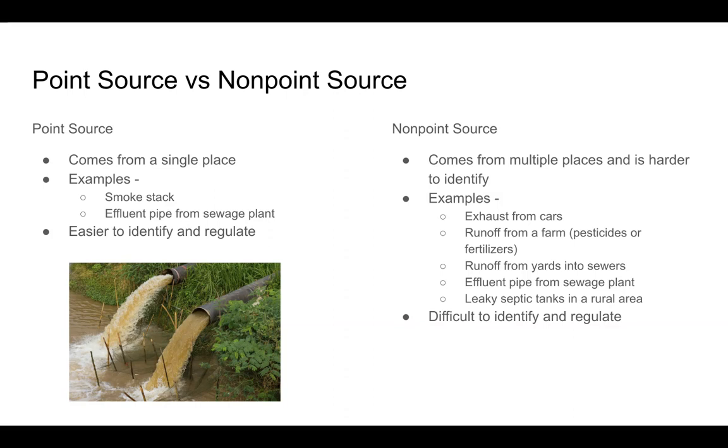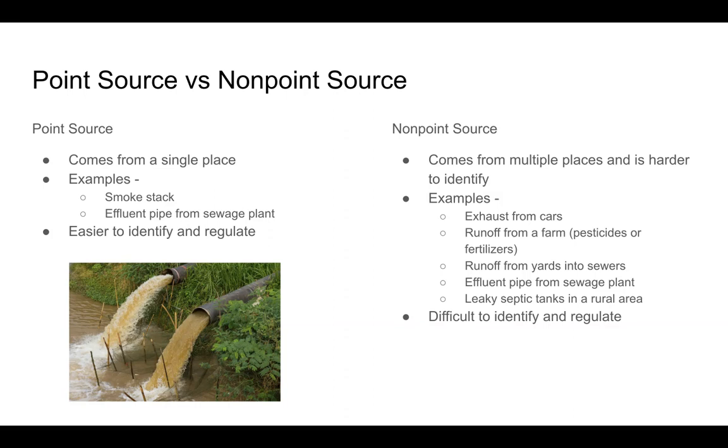Runoff from a farm. So again, there can be multiple farms in an area, and maybe downstream we're finding a lot more fertilizers causing, again, that algae bloom and eutrophication in waterways downstream. Well, which farm or farms are causing more of the issue? Again, hard to tell. We know there's an issue downstream. Where upstream is causing that?